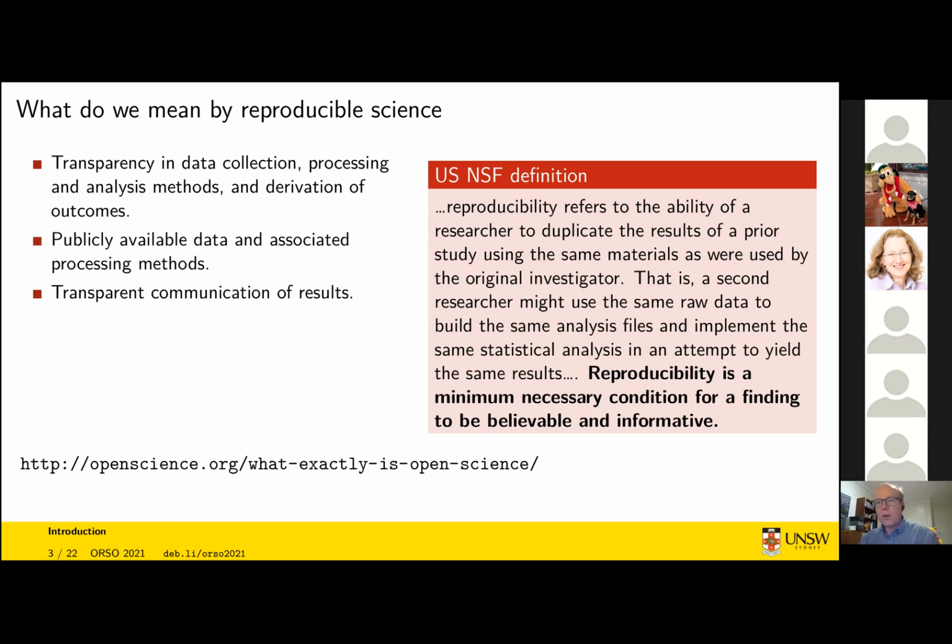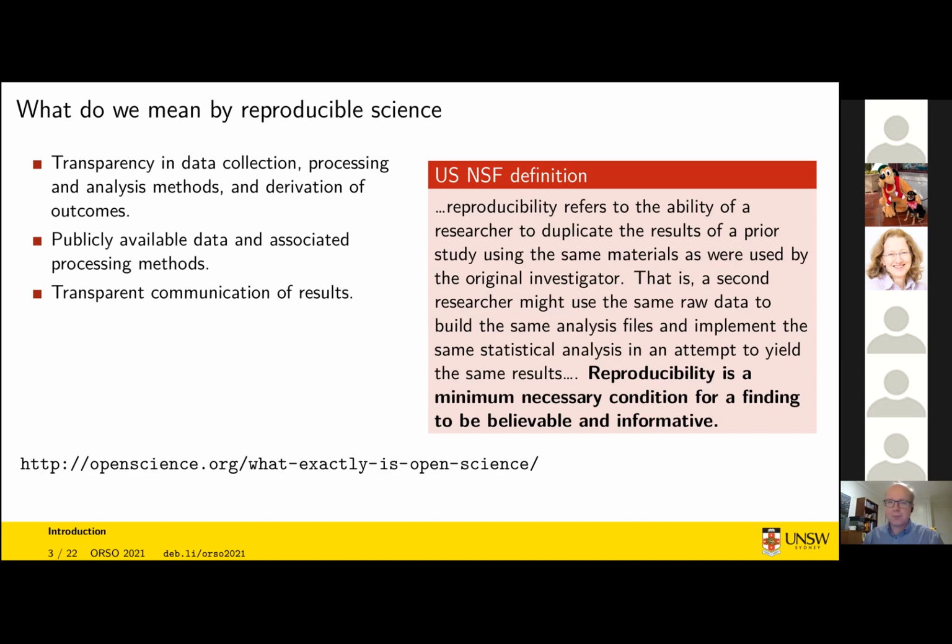Now, we might look at things like Retraction Watch, and we understand that there are bad actors out there who are doing horrible things to data and who are making their data up, etc. But reproducibility goes a lot deeper than just trying to make sure that everybody is being a good scientist. This is about helping each other. And in fact, I would like to convince you today that it's also about us helping ourselves to do good